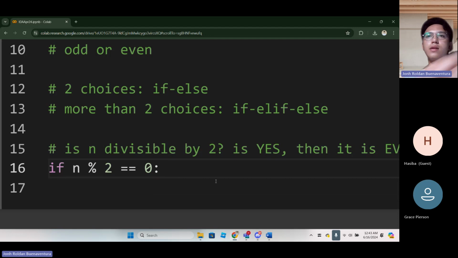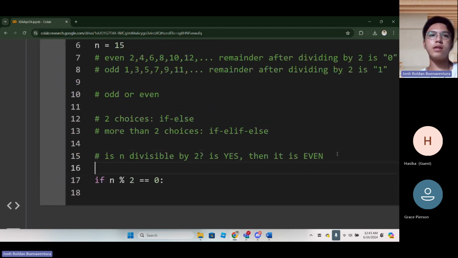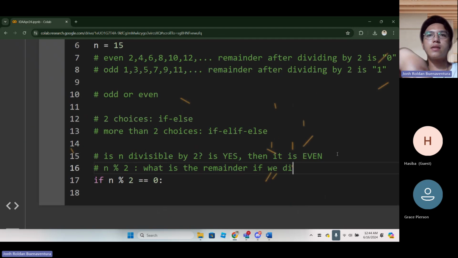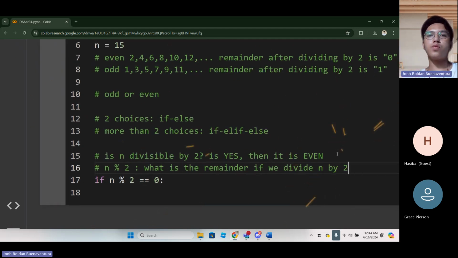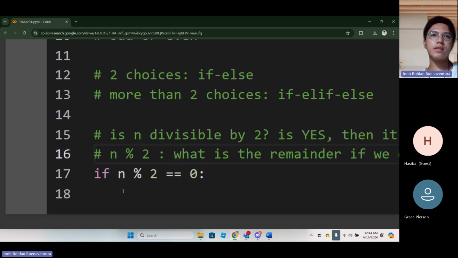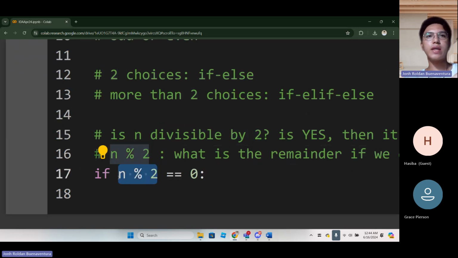Okay, so let me note it here. n by 2. The meaning of this is, what is the remainder if we divide n by 2? We can get a value, right? And we will test if that value is equal to 0.